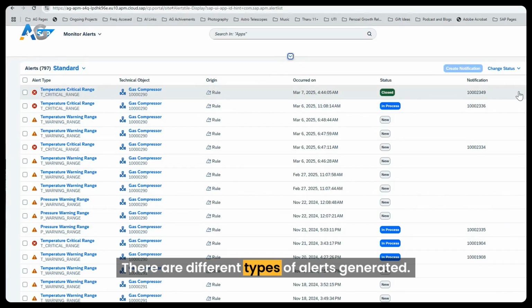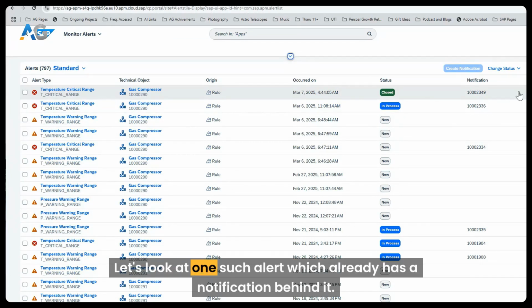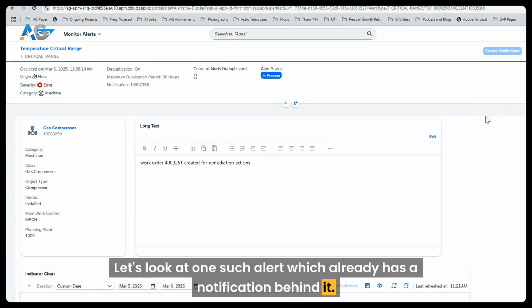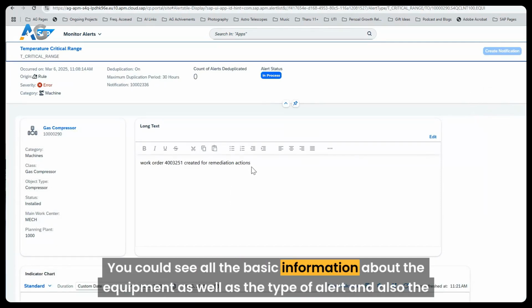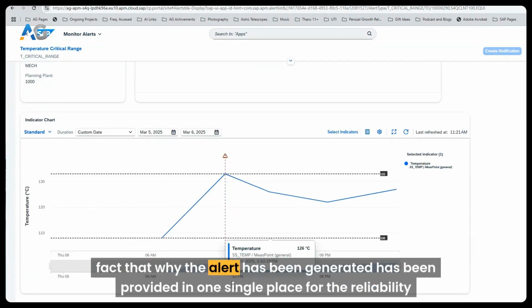There are different types of alerts generated. Critical alerts automatically create notifications. Let's look at one such alert, which already has a notification behind it. You can see all the basic information about the equipment as well as the type of alert, and also why the alert has been generated, provided in one single place